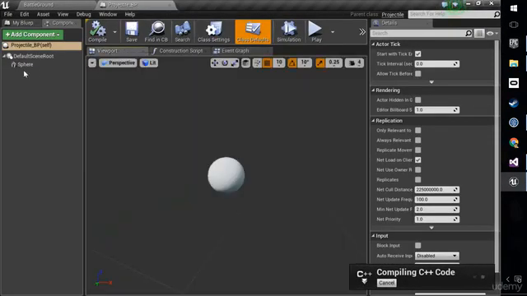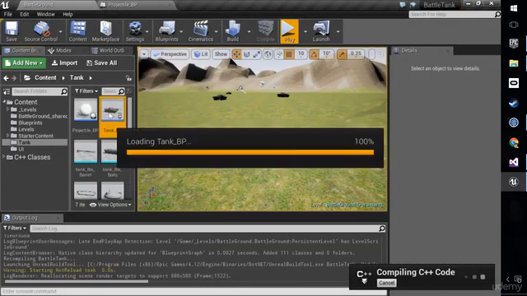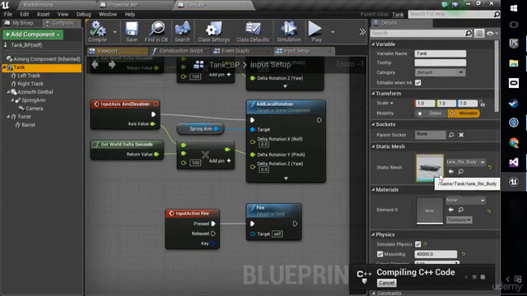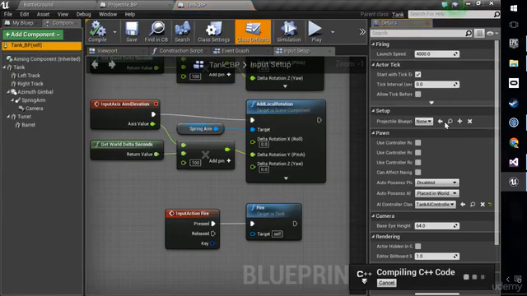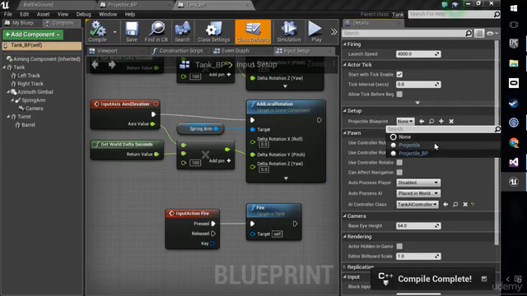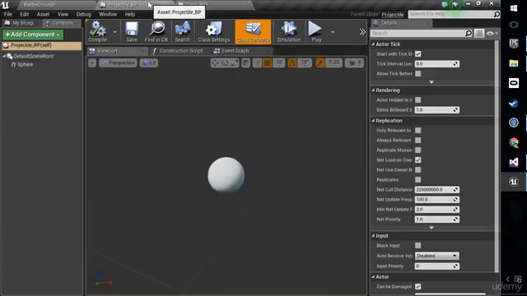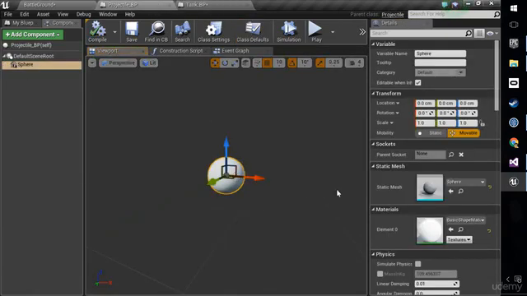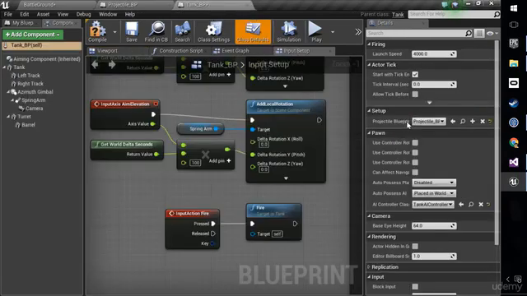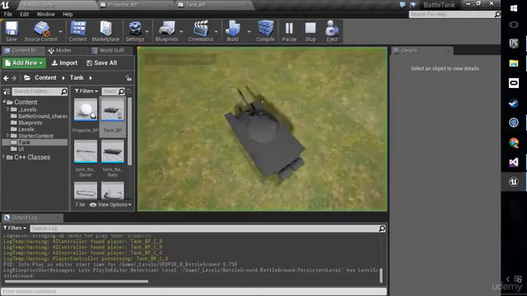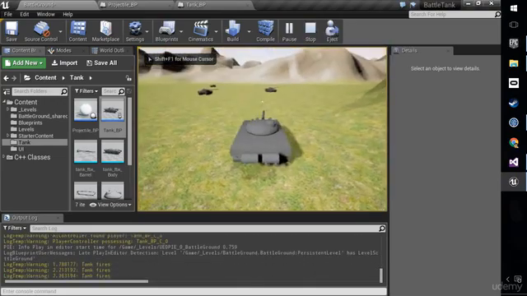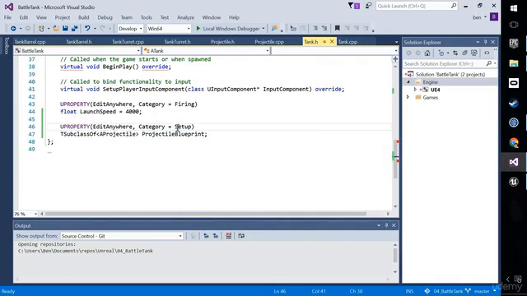It'll all come together in a moment when we get to the tank blueprint and we go to the tank, the top tank, and then where it says projectile blueprint, look at the magic when we click this drop down now. You can only choose a projectile C++ class or a projectile blueprint. We want the blueprint because we want all the modifications the designer may have made on top of the C++ in this blueprint, like how this thing looks and any particle effects. Cool, so let's save everything. Run the game. And nothing happens, of course,